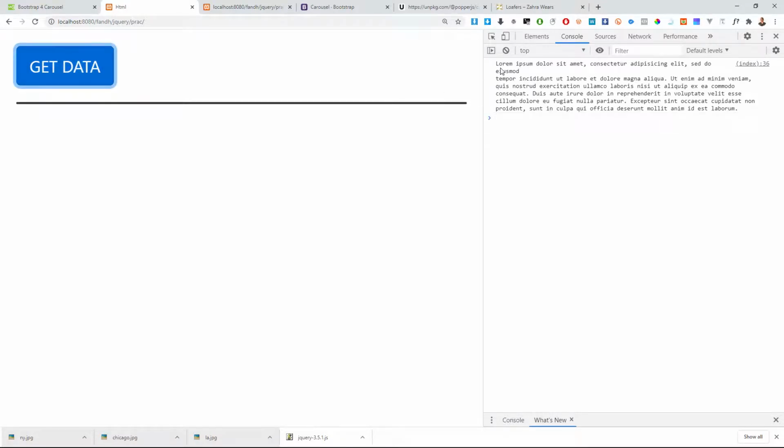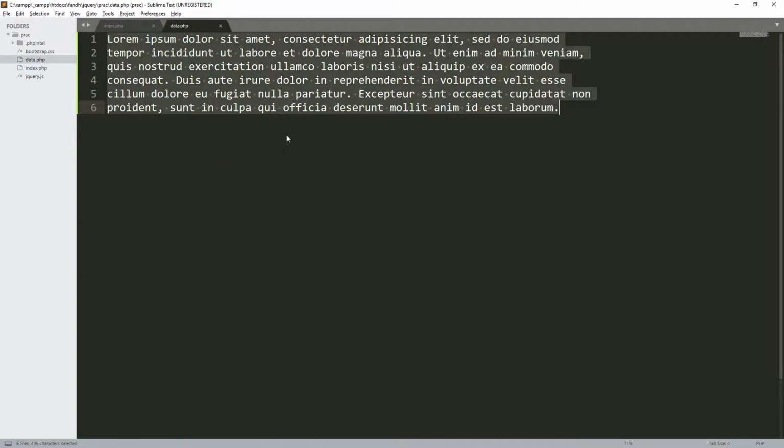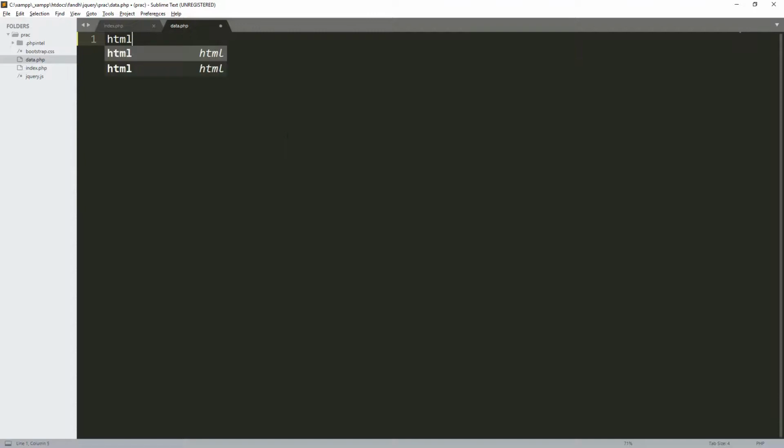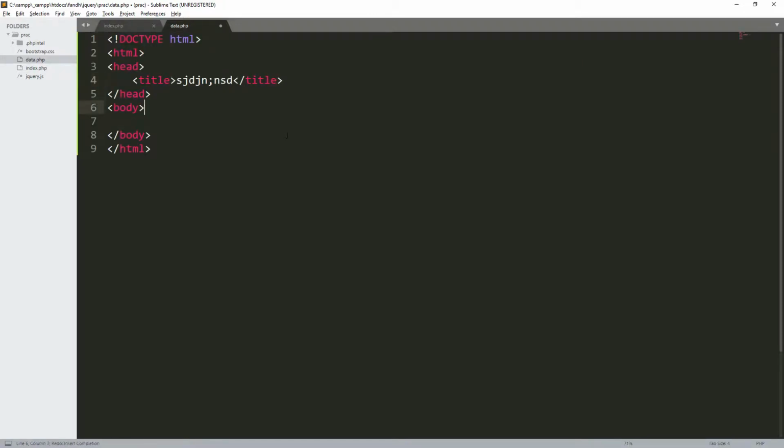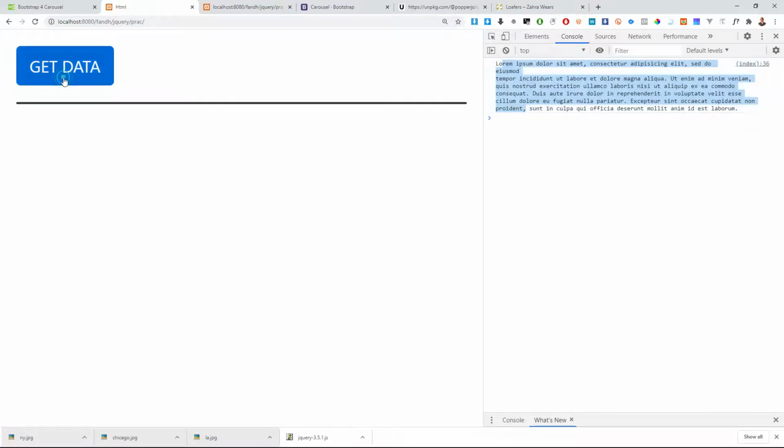So can you see? That's the data. Now even if I come and change it, maybe and make it HTML, anything, and I save, just as long as I click, you'll see it is coming there.